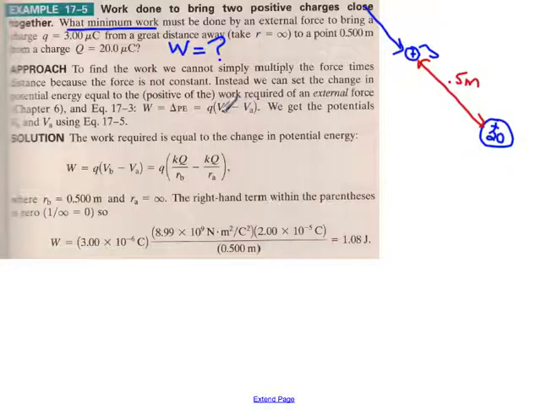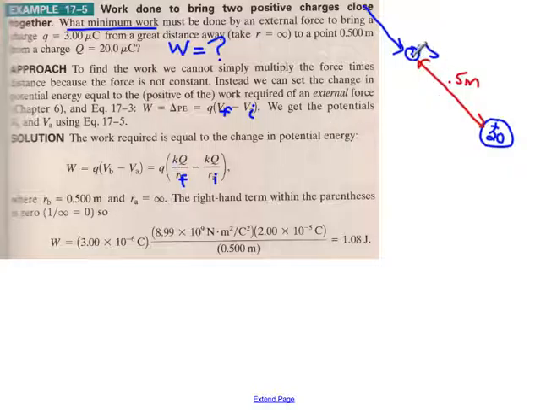I don't like that. I want to go back to our notation from before and call this V final and V initial. Okay, so since these are both point charges, we're going to have 2 point charge applications of that formula for the voltage. So this is also going to be radius final and radius initial. Okay, so the work is going to be that change in voltage pretty much where you have the charge out here. So